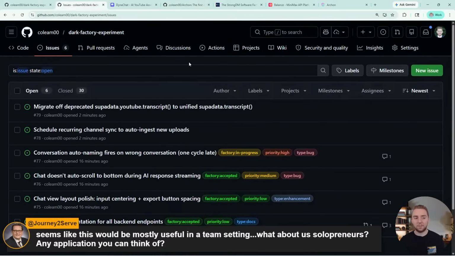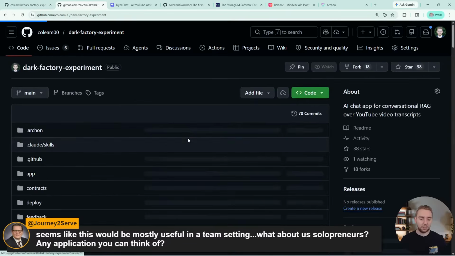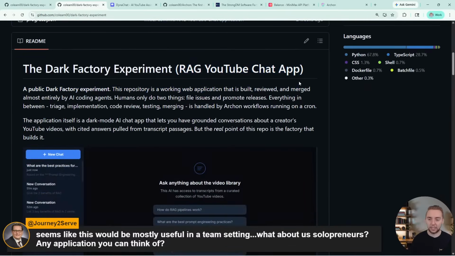For this dark factory, I'm working on it entirely myself. I haven't had anyone help me with this entire setup. And I'm even using the dark factory as an example of building out this RAG chat application. This has been super useful for me as someone who is working on it by myself. Like I said, I am planning on taking this experiment and starting to apply it to other repositories. Maybe just adding in some human in the loop after plans and pull requests. But this saves so much time.